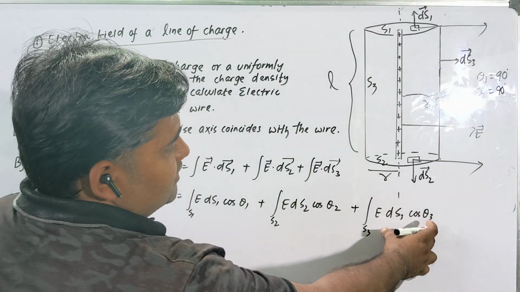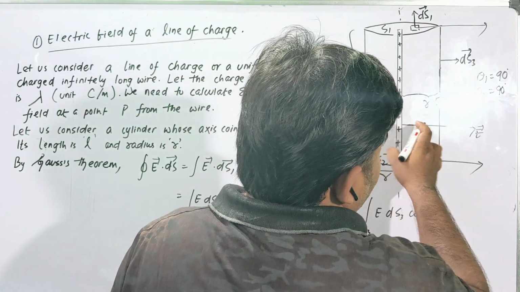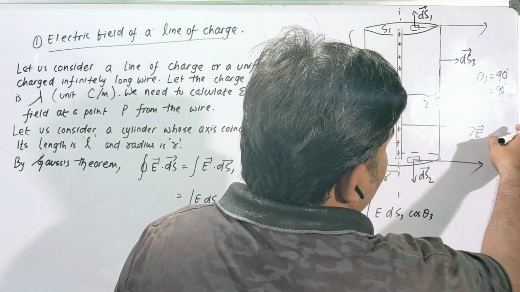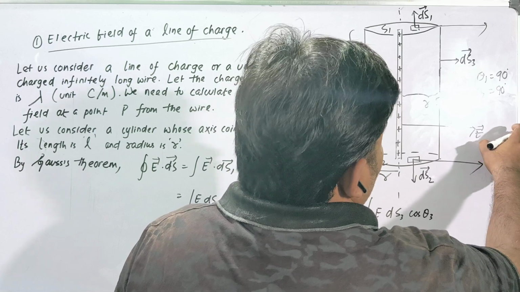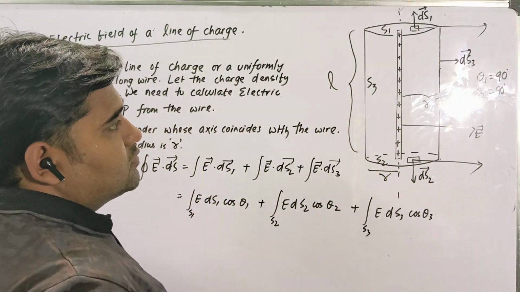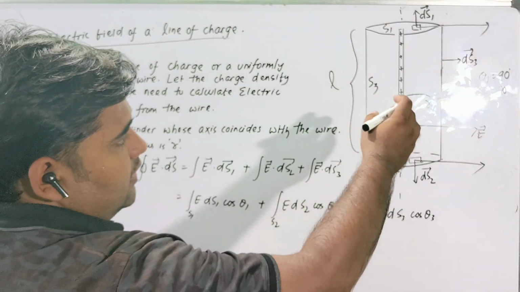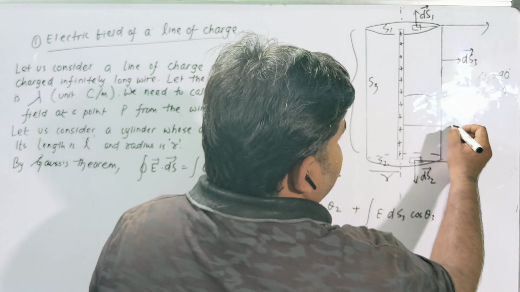And for this integral, what is theta 3? See, the electric field is radially to the right and horizontal, and the direction of ds3 is also horizontally right. So the angle between them is also